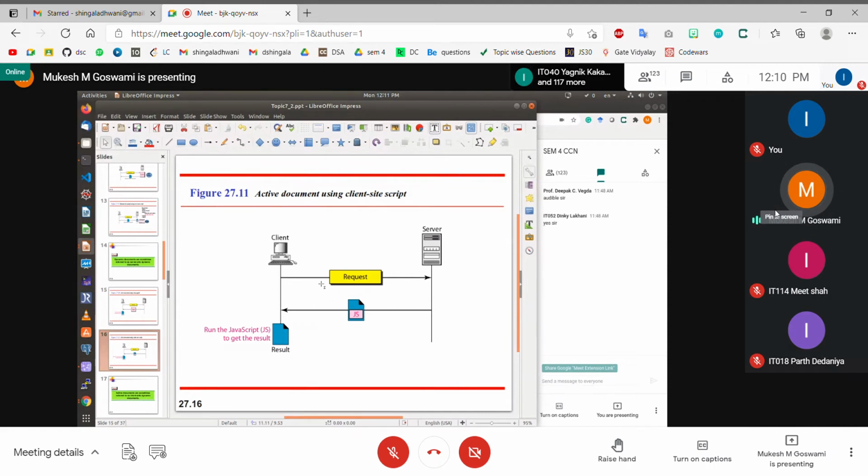So that is how client side scripting using JavaScript came into existence. So client side scripting, what is happening? Again, I am repeating. You make a request, and the HTML document contains the HTML part, as well as the script code. Along with the HTML document, the script code is also loaded onto the client side. The client browser detects that there is a script code here, so it executes the script on the JavaScript interpreter and generates the output, and based on the output, the HTML document is modified on the client side itself. The document is not modified on the server side. Remember, it is modified on the client side itself.